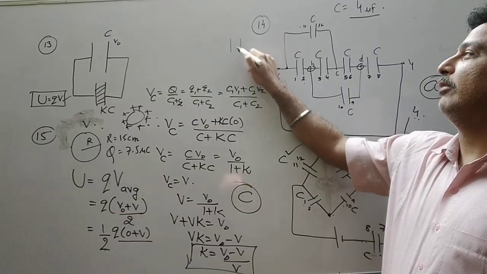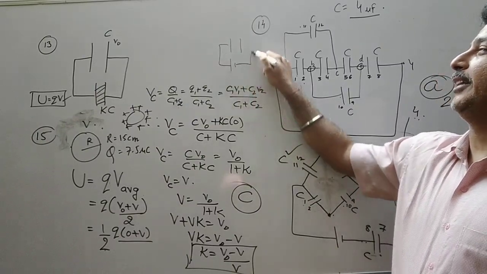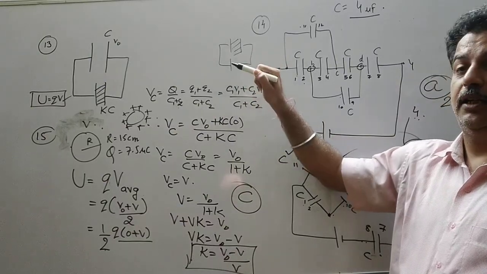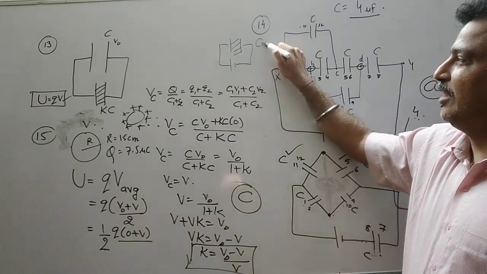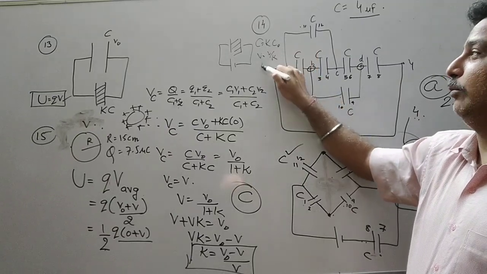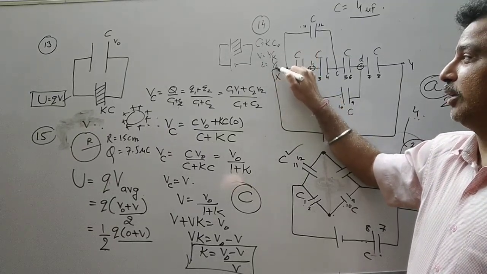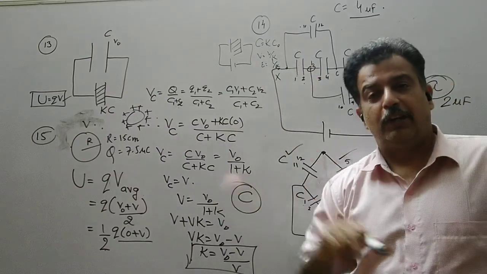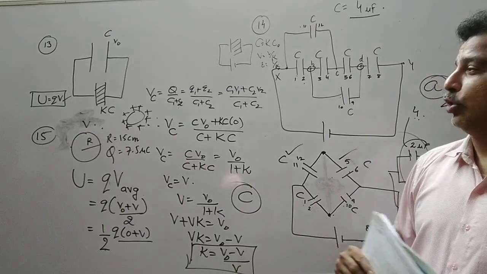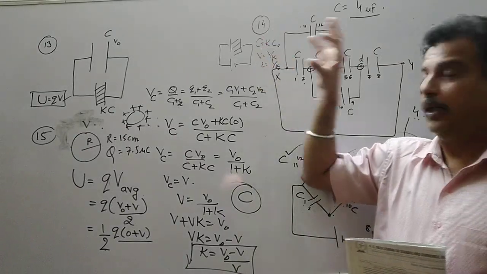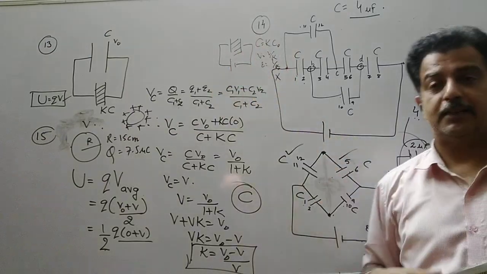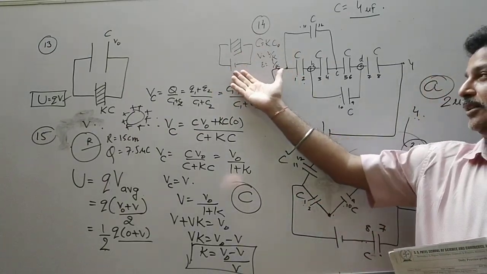If I have a battery already connected and then I introduce a dielectric, then capacitance will become K times, but voltage will not become 1 by K times, or electric field will not become 1 upon K times, or charge will not remain constant. So there is a situation where we have to consider the concepts of the potential also. We will see such cases in the coming lectures.